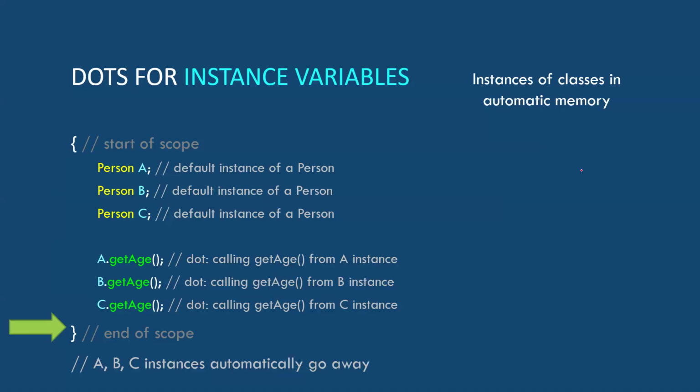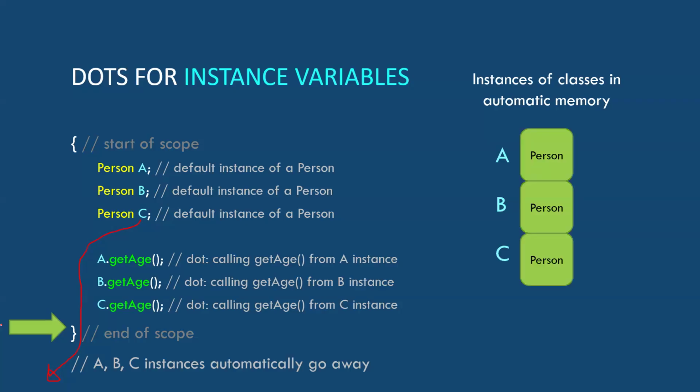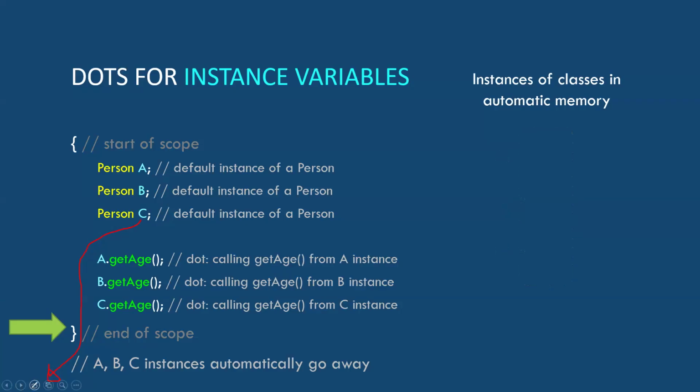It saves memory. We just use up memory when we need it, and then those variables go away. If I did something crazy like took the address of this and passed it out of here, that could be very dangerous, and that's why a lot of code crashes. So understanding this behavior is so helpful. Those things are going to go away.